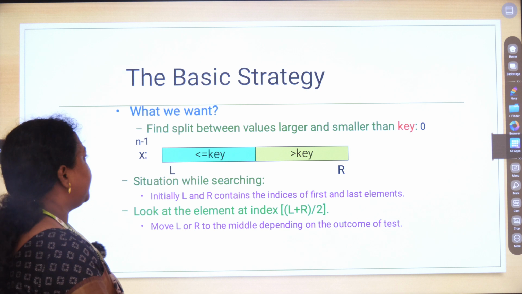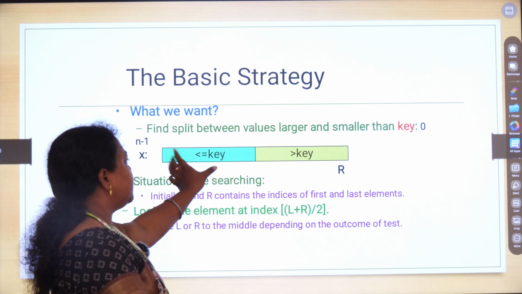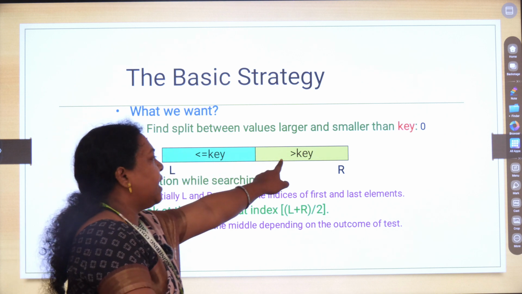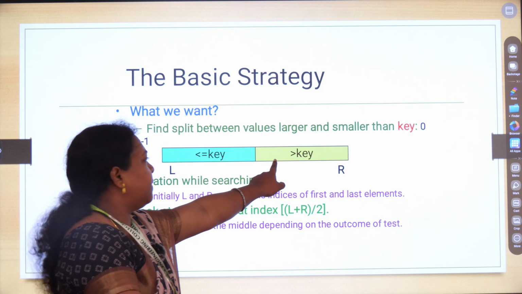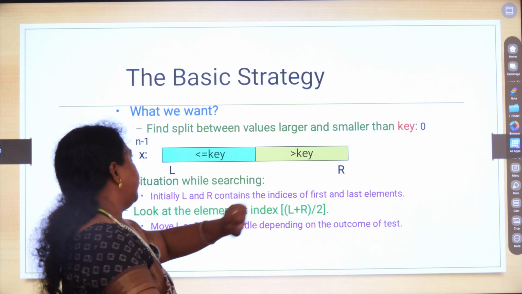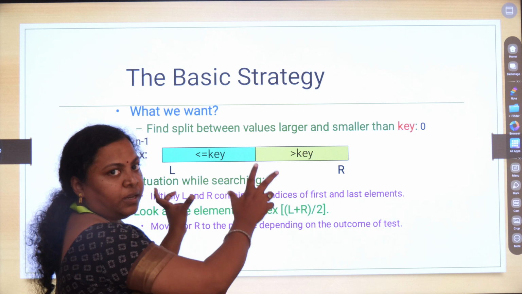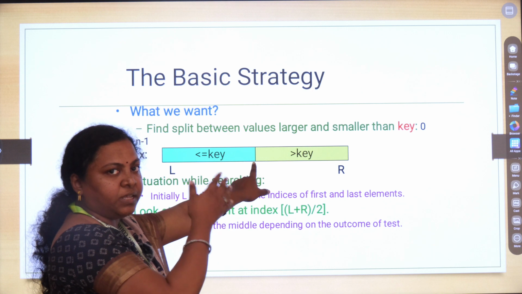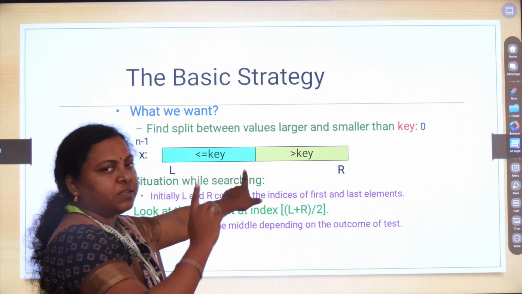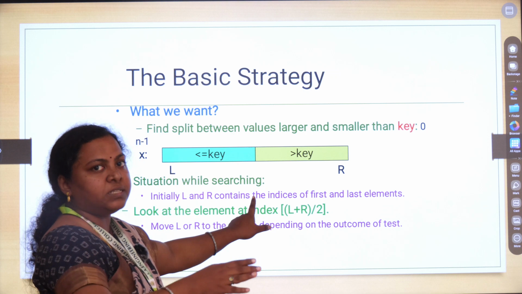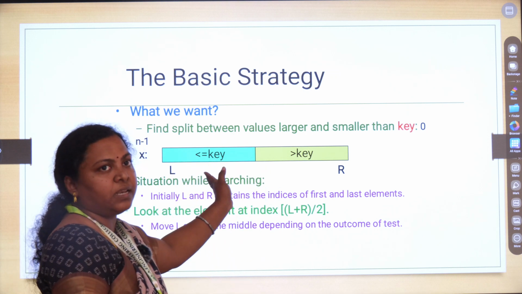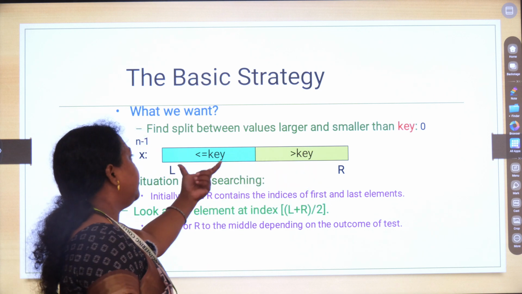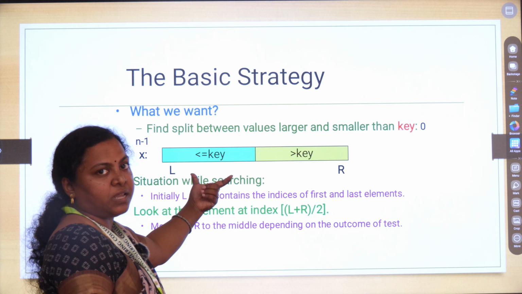So what will happen is, you will have 2 parts. The first part will be the values that are lesser than or equal to key, and the next part, the second half, is the values that are greater than key. So you are splitting the given array into 2 halves. So it searches whether the middle element is equivalent to key or not. That is the first search, and if it doesn't satisfy, it checks whether it is lesser than key or greater than key, and then it moves on to this particular part as an array to be taken,